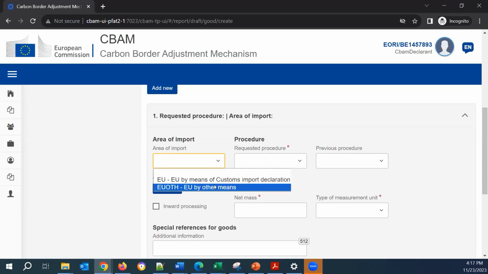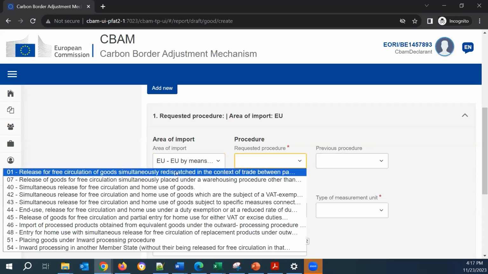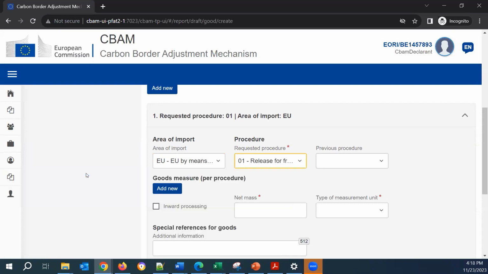And there is another option, the EU by other means, which means that there is no customs import declaration for this entry. I will choose EU by means of customs import declaration, and under the procedure, I will choose the first one, release for free circulation of goods simultaneously redispatched in the context of trade between.